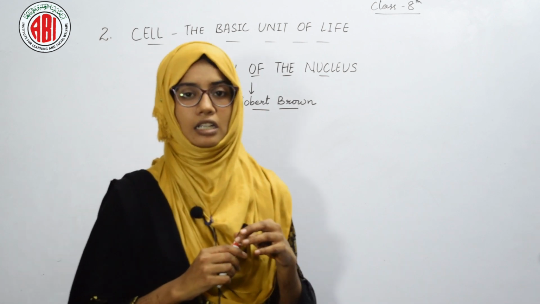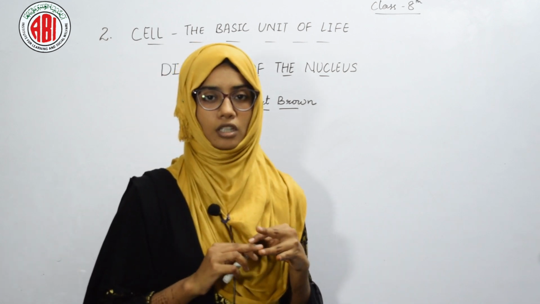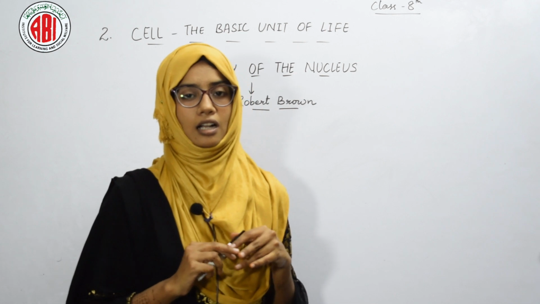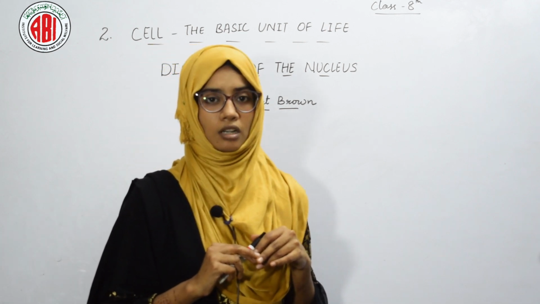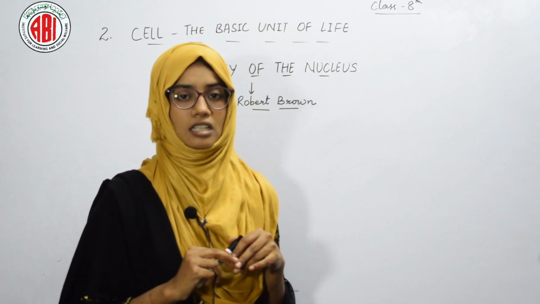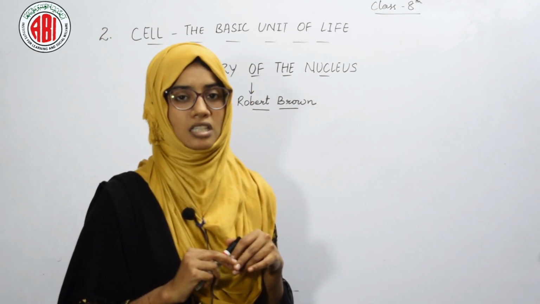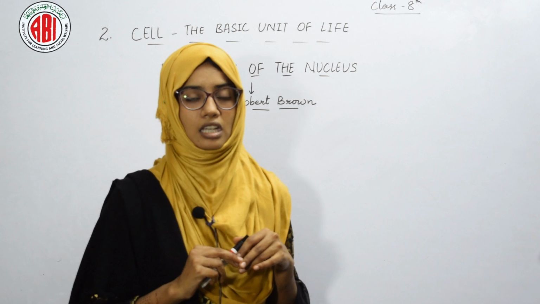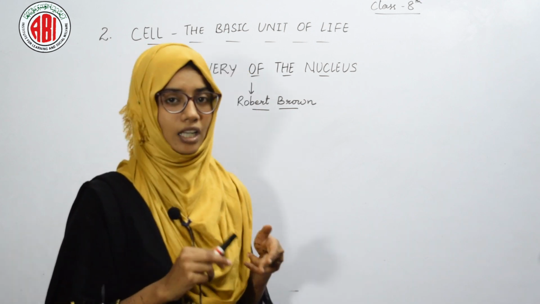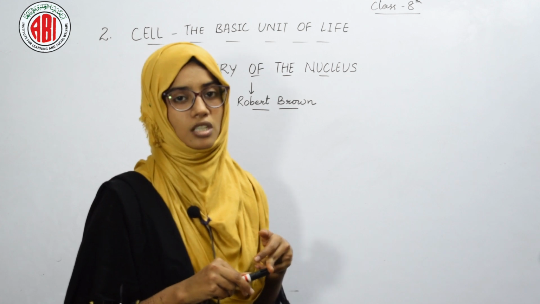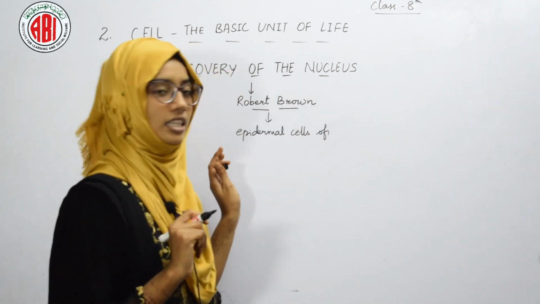There were many scientists before Robert Brown, like Felice Fontana, who observed the dark bodies inside the cell, but they were unable to claim that these dark bodies are present in each and every cell, and that this is an integral part of the cell. As they failed to claim this, in the 18th century,